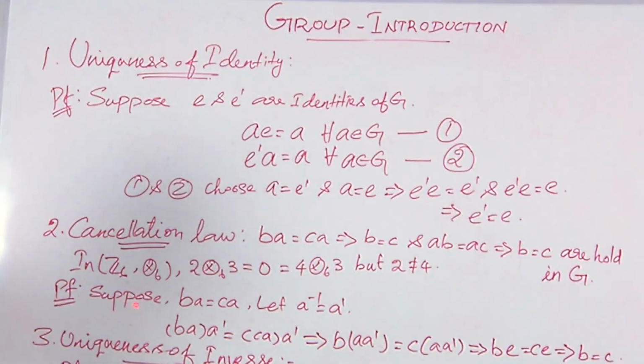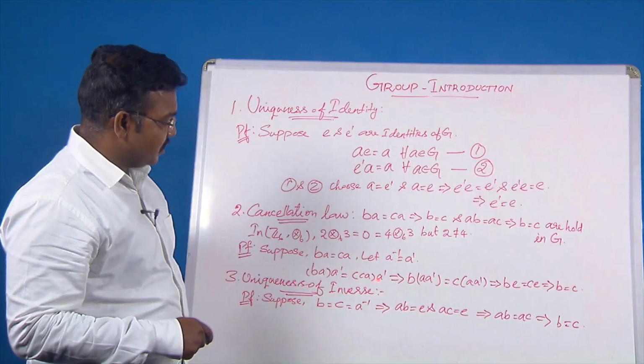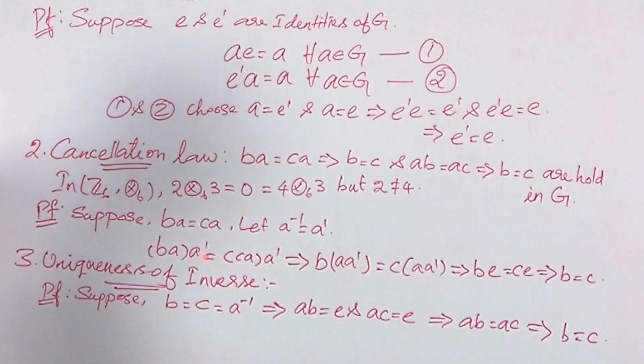We see this proof, suppose BA equal to CA. Let A inverse equal to A prime, because we are in a group, for every element inverses exist. So, A also has an inverse, which we denote as A prime. Now, I just multiply by A prime in the equation: BA into A prime equal to CA into A prime. Since we are in the group, the associative law holds, therefore, I can interchange the brackets. So, B into A cross A prime, which is equal to C into A cross A prime. Now, what happens? A and A prime are inverses, because A prime is A inverse, therefore, this is an identity,